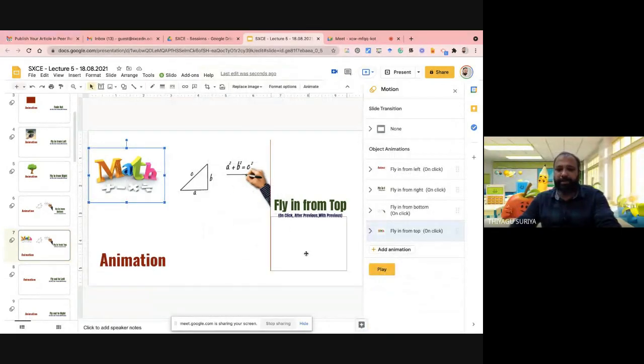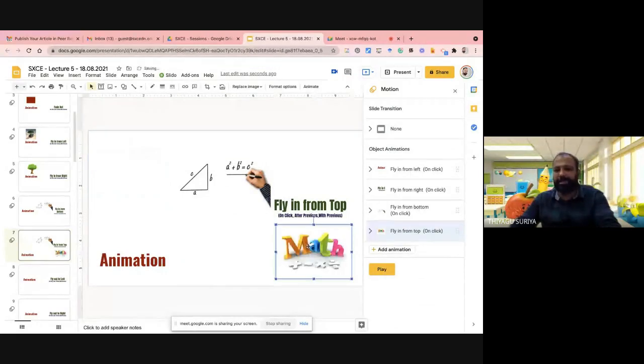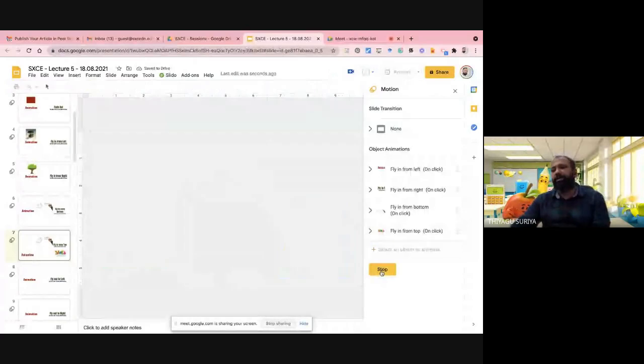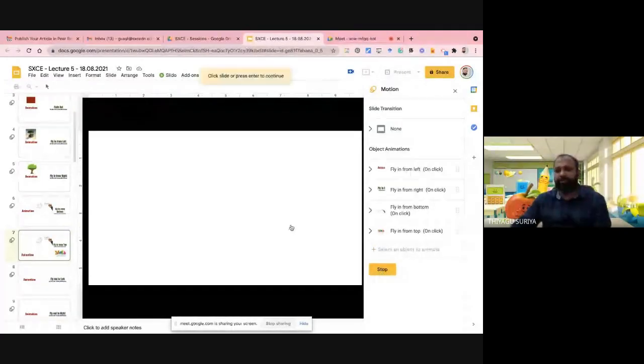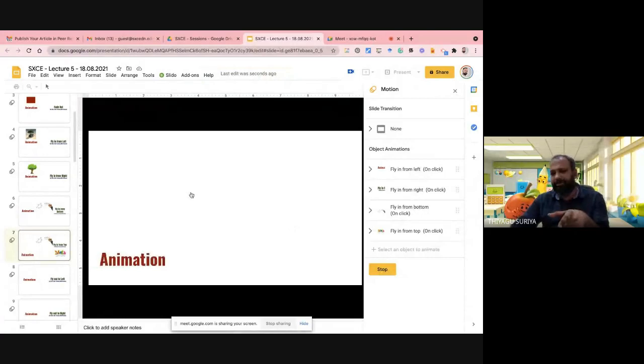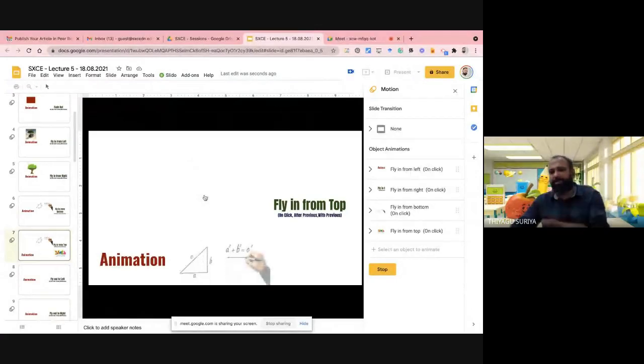If you are keeping it like this, it can't be fair. See, it's hiding. I'm just going to play. You can see how the visibility is. Always keep this kind of animation somewhat away from this. So now the first animation, the second animation, because the second animation already came here, the third animation is coming in the empty space. That's why there is no disturbance.